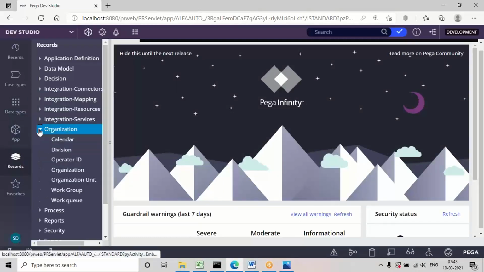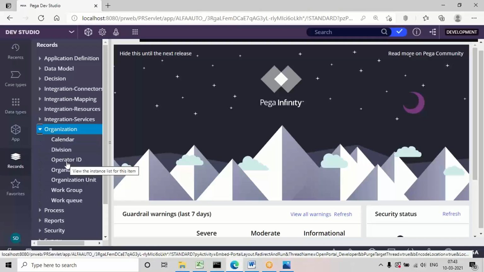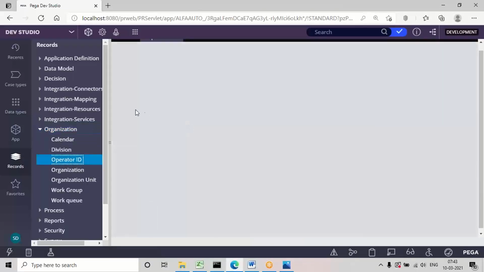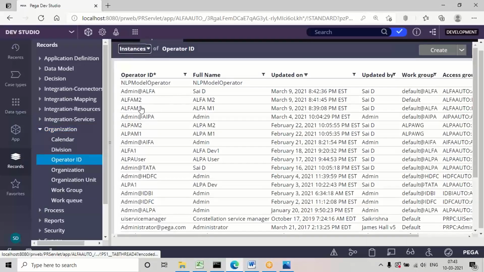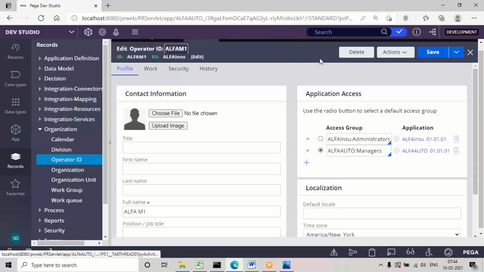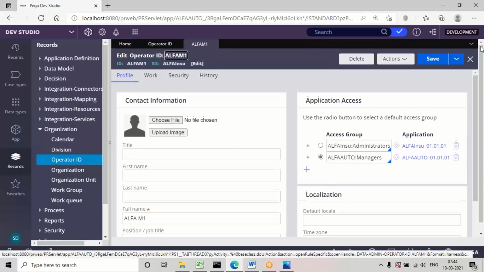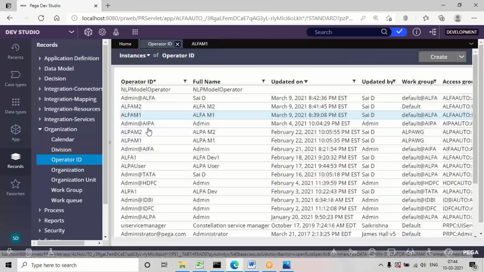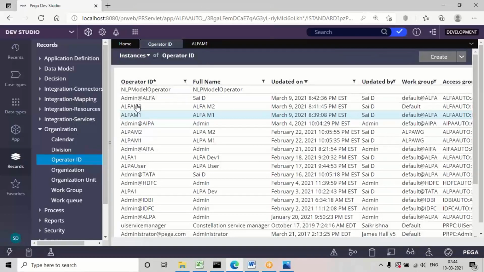In Records, expand this organization, click on operator ID, and here you can see alpha m1 and alpha m2. Click on alpha m1 and the ID opens in a separate tab. Like that, open alpha m2 also.